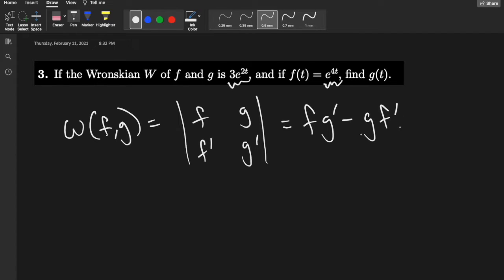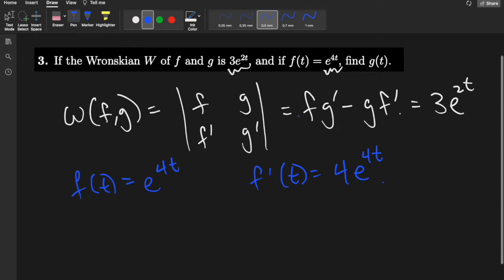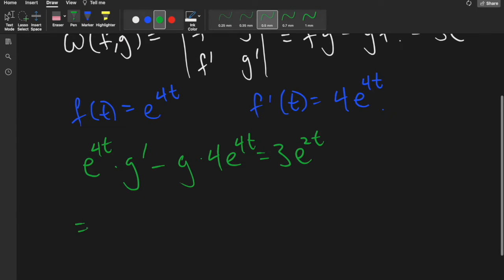Well, we know what this is supposed to be equal to. This is supposed to be equal to 3e to the 2t. And we also know what f is. We have f(t) equal to e to the 4t, and thus f prime(t) is equal to 4e to the 4t. So let's just plug into our equation up here. And what we get here is... we divide by e to the 4t on both sides to get